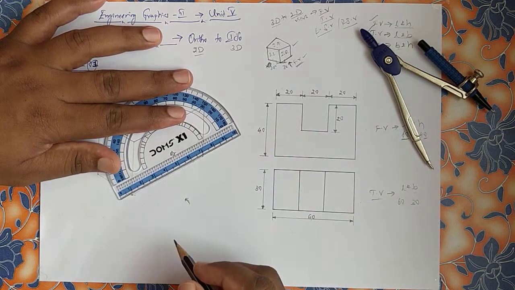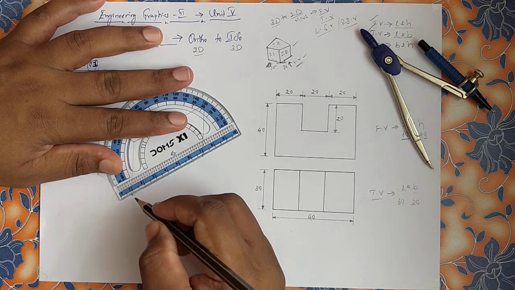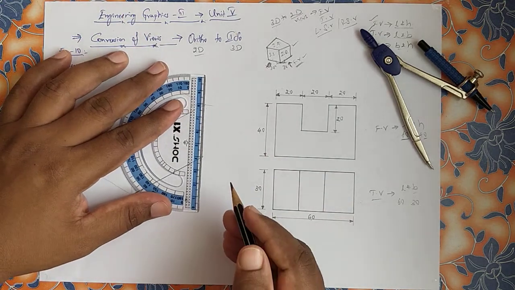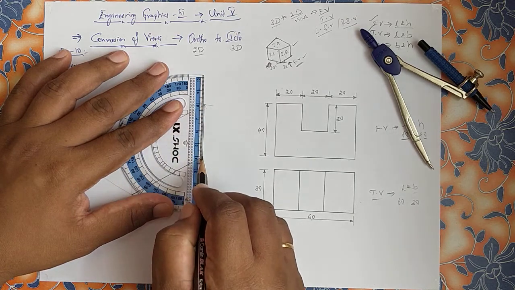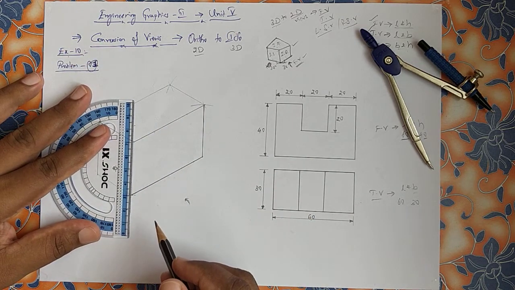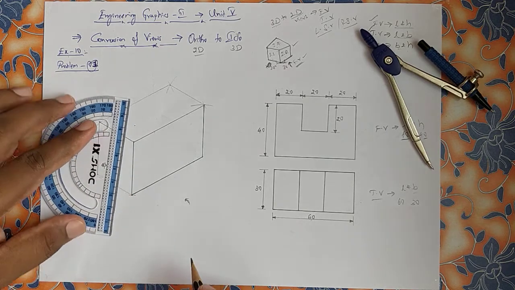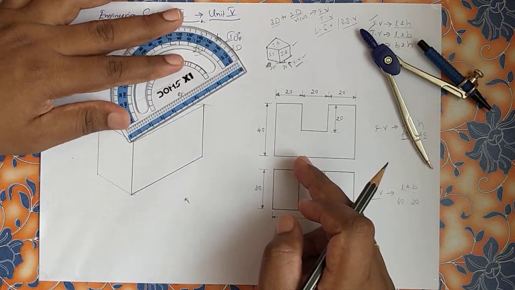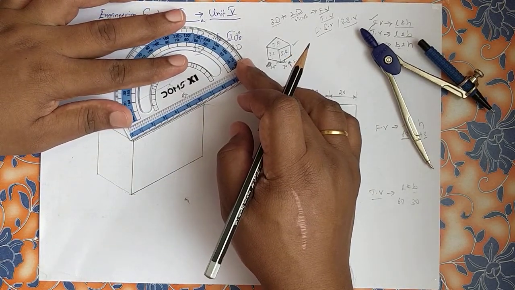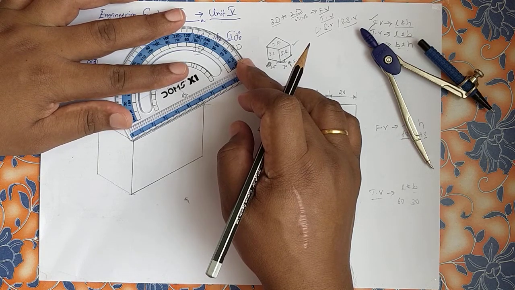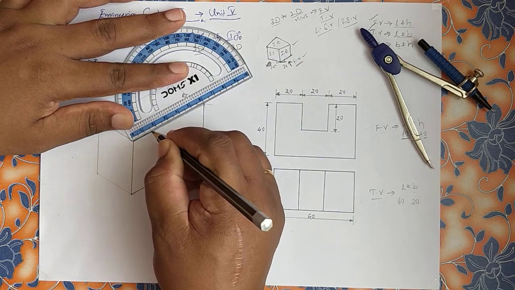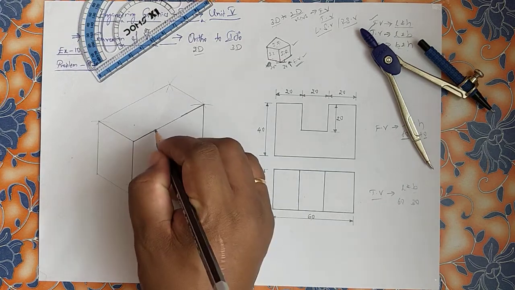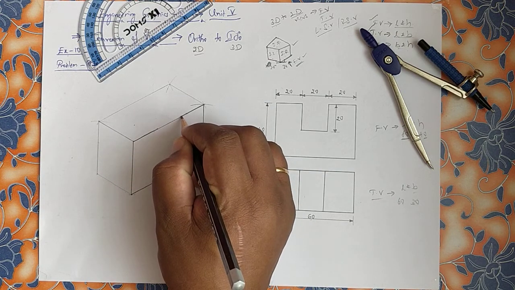Now think here, I am doing it with thick. 40 base part, thick one. You can observe the line difference. Height, thick one. This height also, thick one. Now 20 from left to right, right to left, 20 both. 20. See, I have drawn thick lines up to these two points, 20, 20.